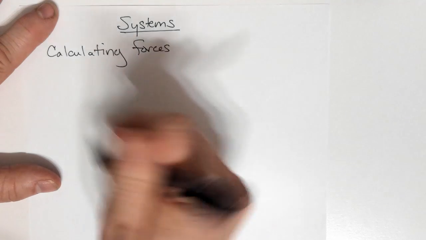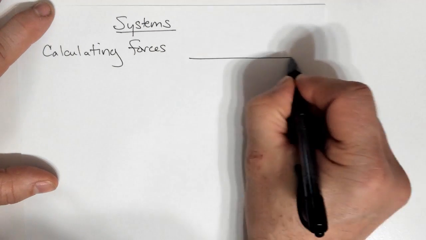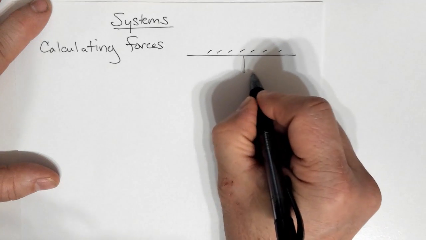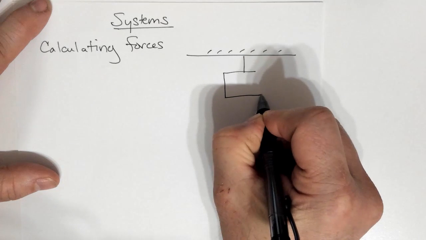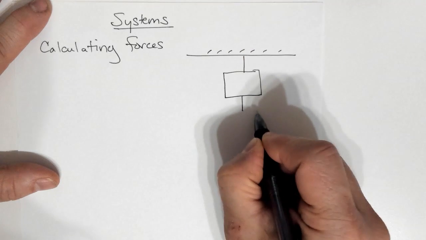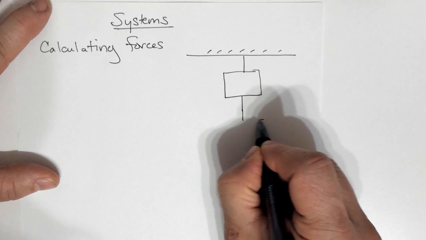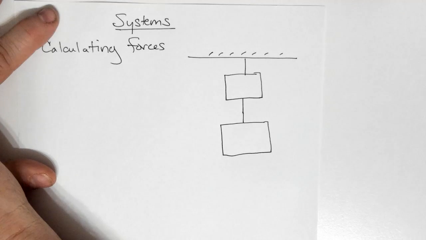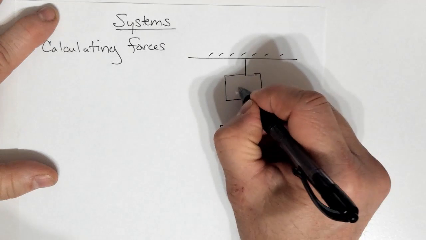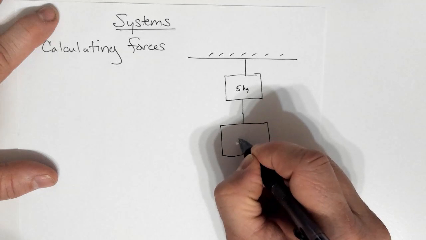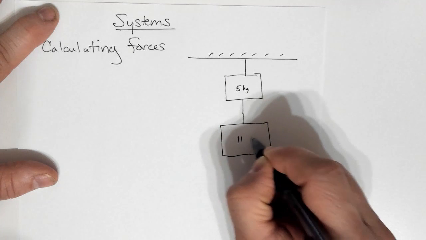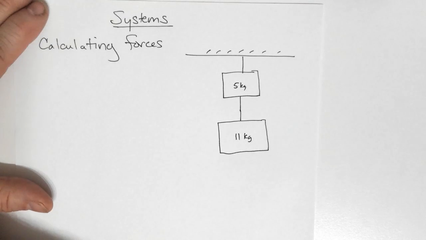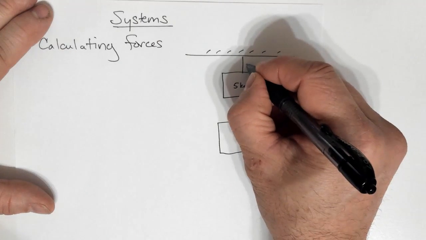Let's take a ceiling, and attached to the ceiling we have two pictures that are hanging by two strings, and one is bigger than the other. So you have this artwork hanging up, and let's say that this is a 5 kilogram picture and this one is an 11 kilogram picture. Okay, let's try to figure out what the forces are, and we'll call this string 1